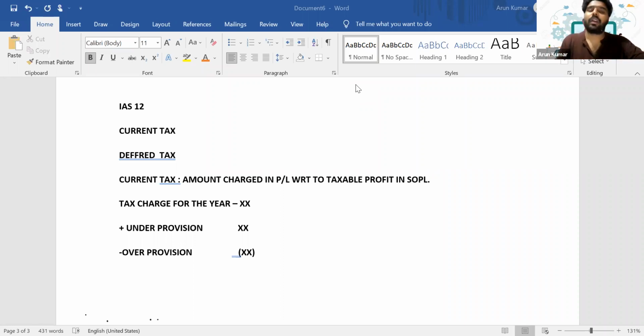But let's say we used to account for depreciation, right? So this depreciation will be charged to SOPL. Let's say you have an asset with a 10-year useful life and we are depreciating it over 10 years. But the tax authority won't allow this depreciation. They will ask you to add back this depreciation and instead they will give you an allowance that is known as capital allowance. So they will give capital allowance for this same asset, let's say it's a machinery, but they will account for it in a different manner.